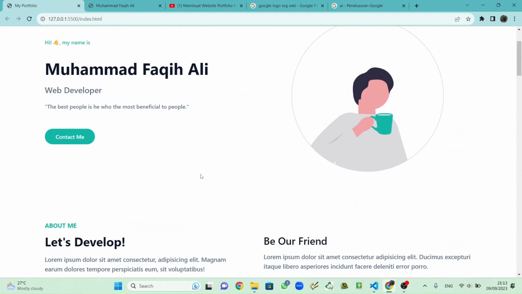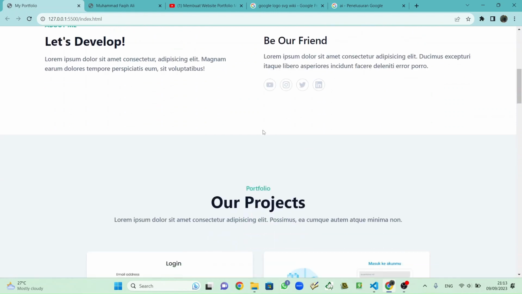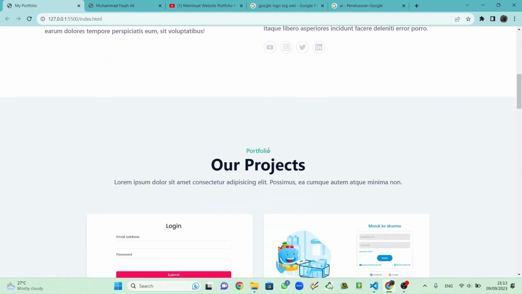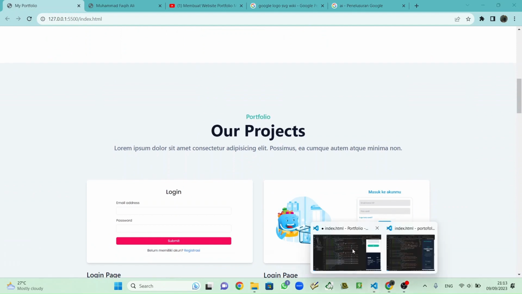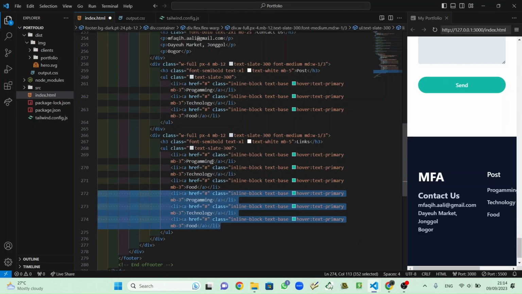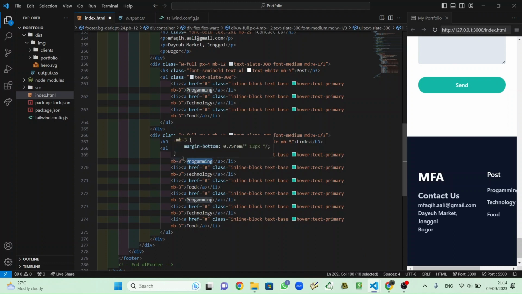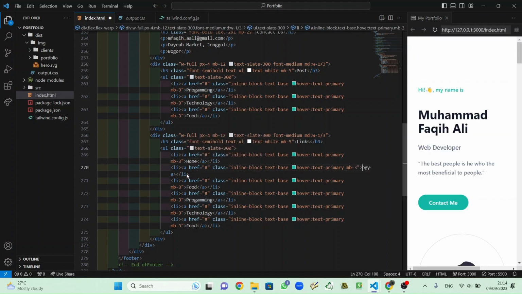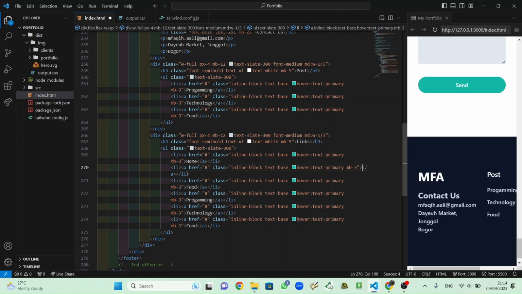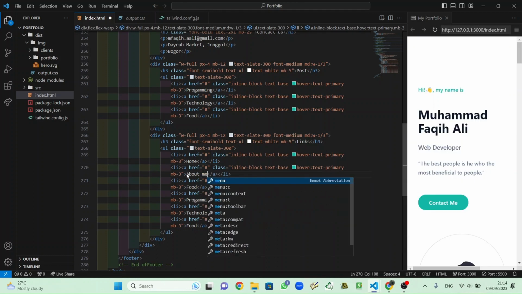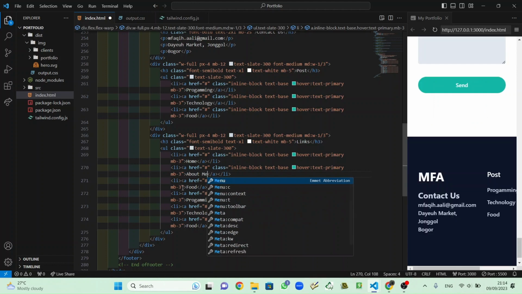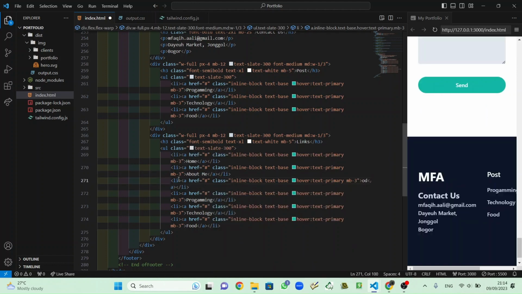The first one is home, next is about me, third is portfolio,